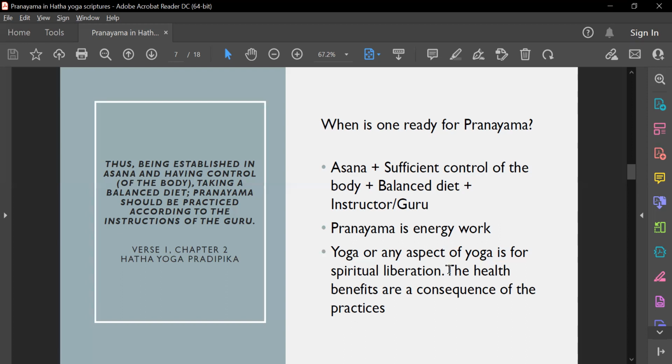The health benefits that we observe when we practice any kind of yoga, be it asana, pranayama, dhyana, anything, yamas and niyamas, when we practice it, the benefits that we see are the consequence, the health benefits that we see, decrease in weight, increase in self-control, and many things, emotional intelligence, emotional regulation, so all of these benefits are consequence